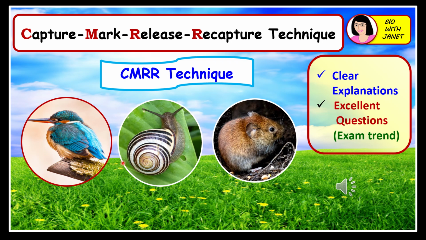study. Examples of such animals are birds, for example, like this kingfisher here, snails, rats, even fishes like sharks, you see, invertebrates such as insects like butterflies, and also millipedes and woodlice. So all these can move freely in the area of study, and they can mix with the other individuals of the same population. Right, so clear explanations will be given, and at the end of this short video,